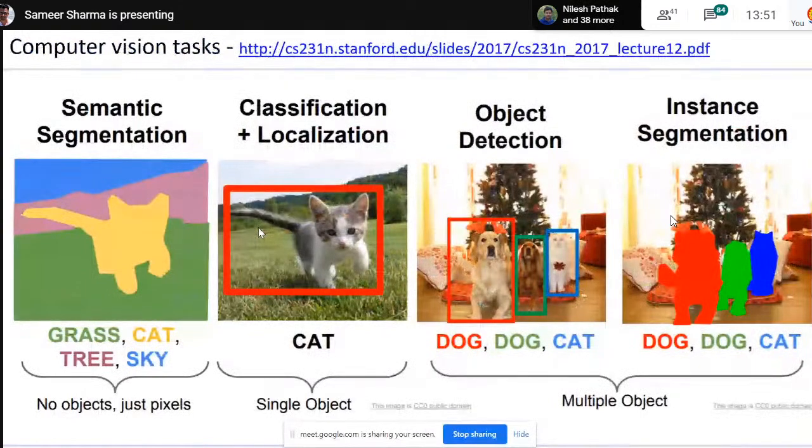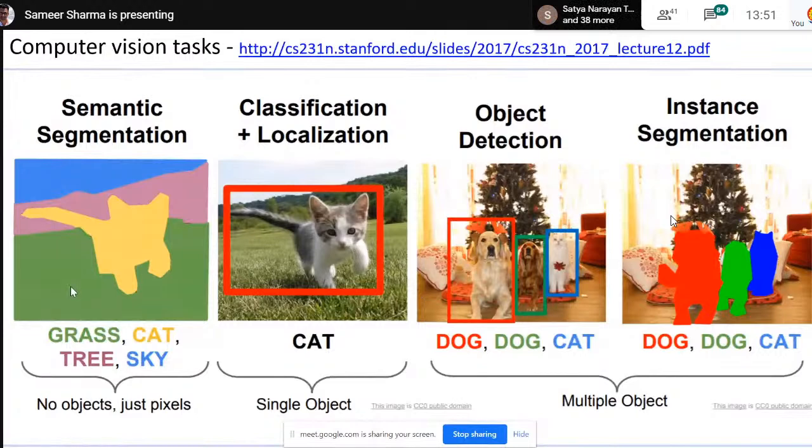So these are some of the tasks which, at the current moment in June 2020, people are able to do without much error. These are some of the keywords that you should know. Semantic segmentation: given an image, what every pixel